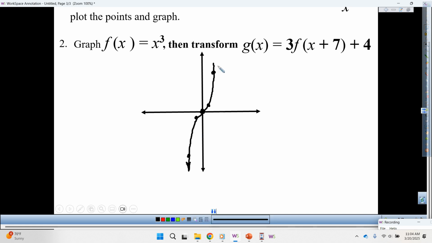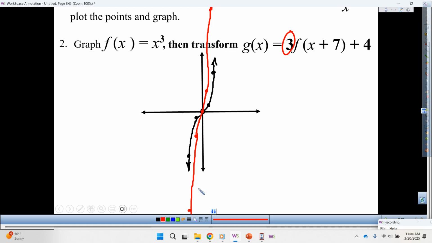All right, so what happens with this value of a? Yeah, it's a whole number. It's going to stretch, right? So what does that mean with these points? Well, 0, 0 always stays at 0, 0. But 1, 1 becomes 1, 3. That means -1, -1 becomes -1, -3. So 2, 8 becomes 2, what is 3 times 8? 24, way over here. And the same thing for -2, -8 becomes -2, -24, somewhere over there. That's why it stretches